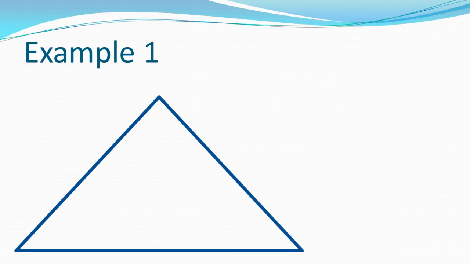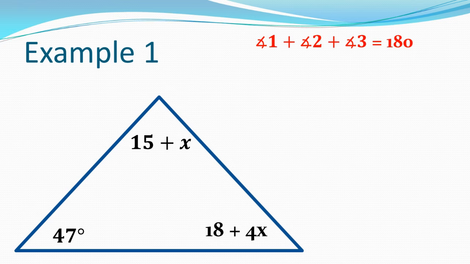Let's look at an example triangle together. We have one angle measure that's 15 plus x, one that's 47 degrees, and one that's 18 plus 4x. If the problem simply asks you to solve for x, we're going to use our relationship and solve for x. So I know that all these angles add up to 180 degrees because these are interior angles